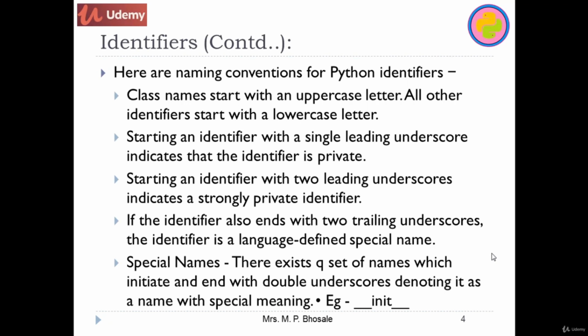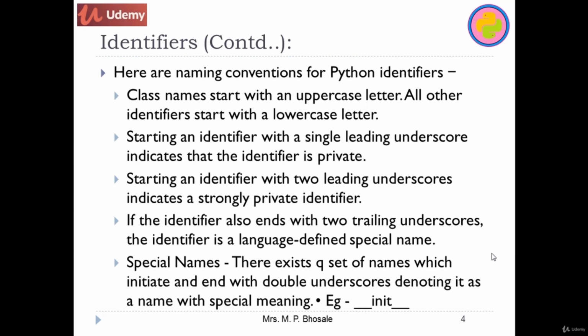If the identifier also ends with two trailing underscores, it is a special name in Python. So there are many special names which start with double underscore and end with double underscore. For example, init. We will see in later videos what is the use of this init, but this is all about identifiers in